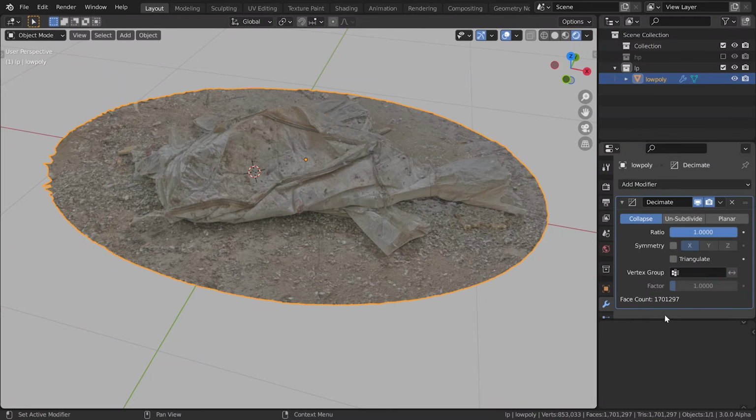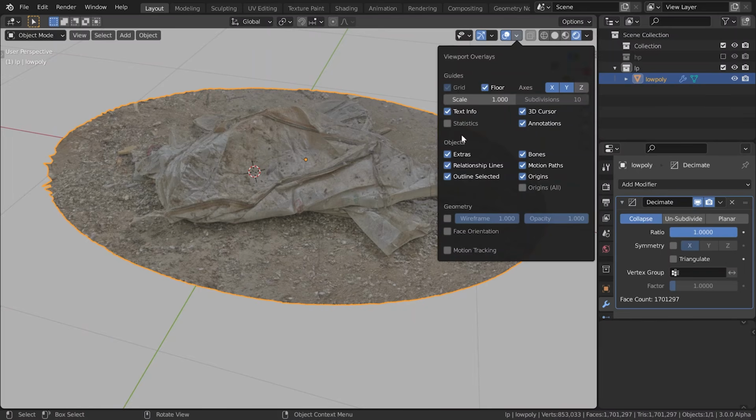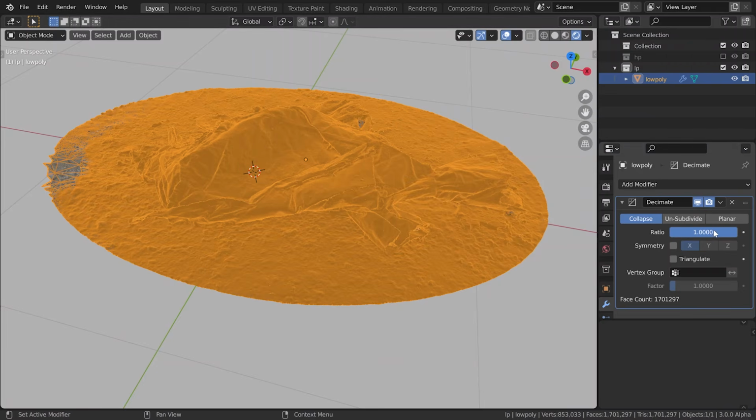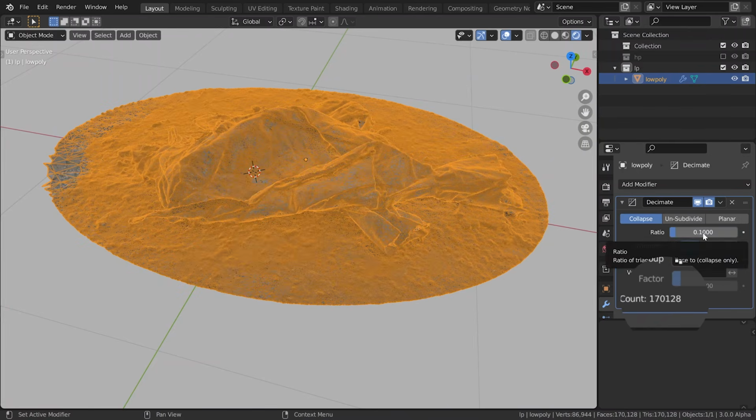If you have a look at the modifier settings, you will see the face count displayed at the bottom. Right now it reads 1,700,000 polys. If we enable the wireframe, we'll probably have a better look at how we crunch down the poly count. So the ratio of 0.1 reduces the poly count by the factor of 10, obviously,